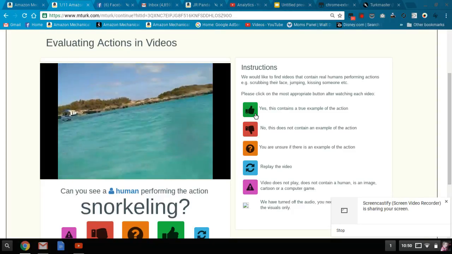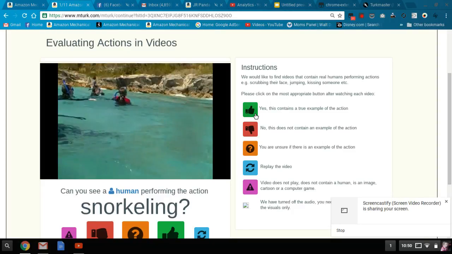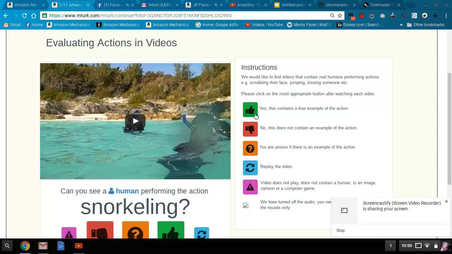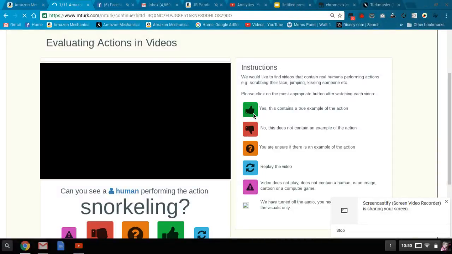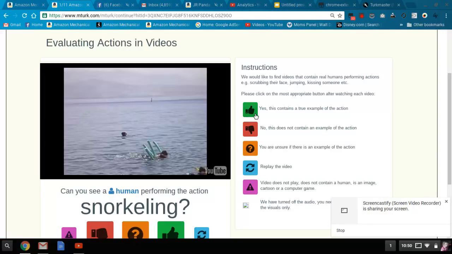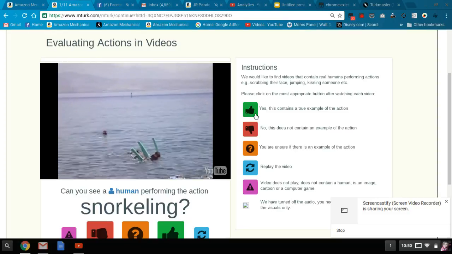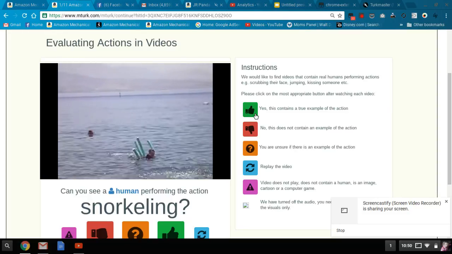So some things you might have to look up if you're at all unsure. I'm going to say yes to snorkeling on that one. If you're at all unsure, I would look it up rather than go forward. You could say that you don't know, but if you got like 5 or 6 questions with it, that may be kind of borderline abuse of the I don't know button. Again, I'm not the requester, so I don't know how he's reviewing these, but something to consider.